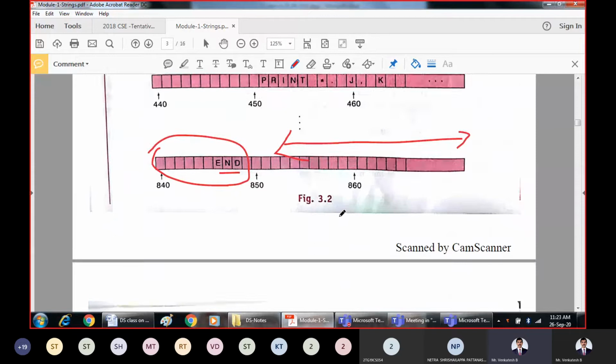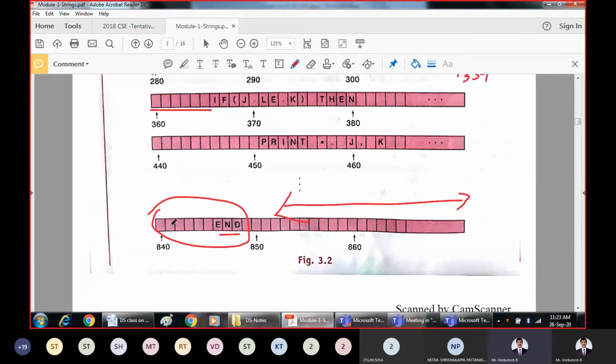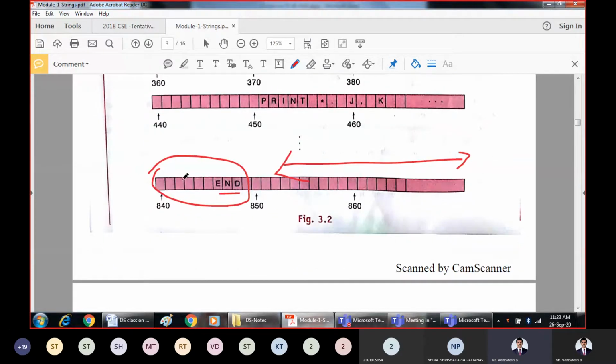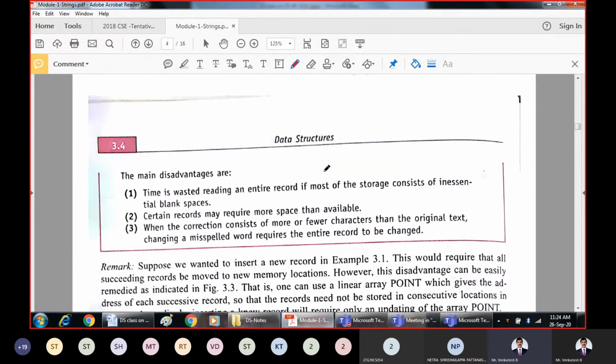If this is the space of a record, and the record is stored in such a way that from here to here everything is blank, and the data we need is stored somewhere here at the end, then we first have to unnecessarily read all these blank spaces, and then we encounter the actual information at the end.